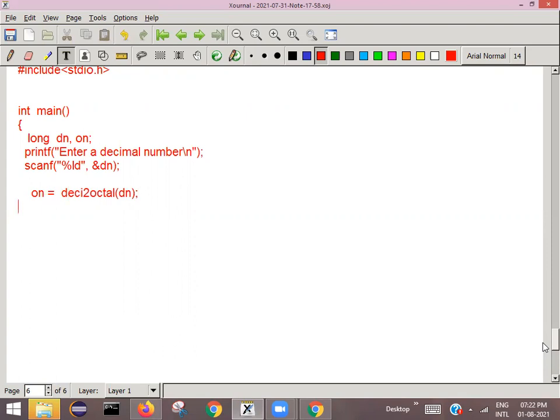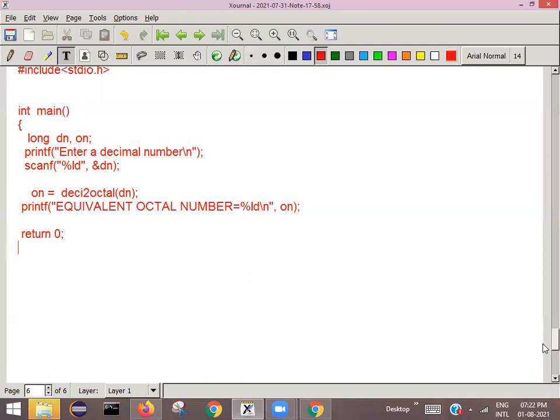Now you print ON that gives the octal number. Say printf equivalent octal number is equals to percentage LD, then new line, comma, where is the variable ON. Then say return 0. That's it, over. My main completed.